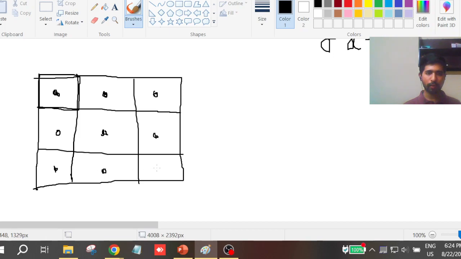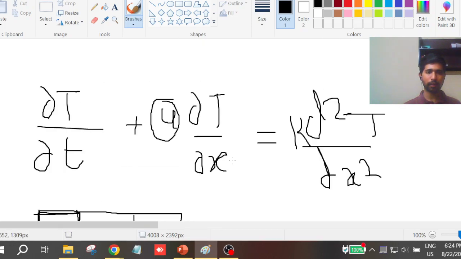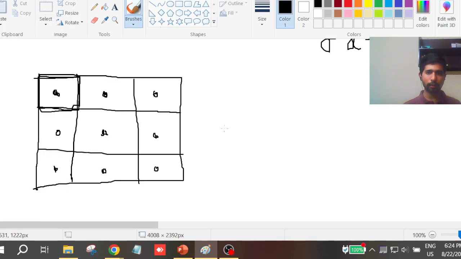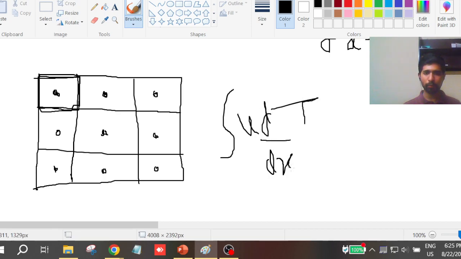So what I intend to do is over this whole control volume, the integral of this governing equation should be satisfied. So what I do, I just integrate. Now if I assume steady state, this will go to 0 anyway. Now the integral of u into dT by dx over the whole control volume is equal to,